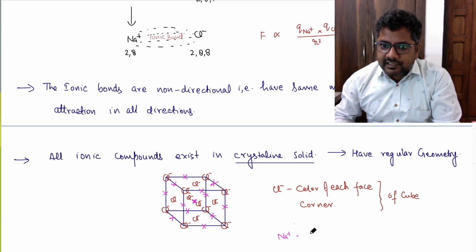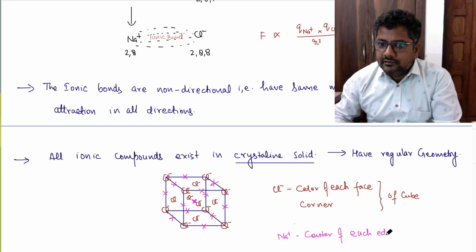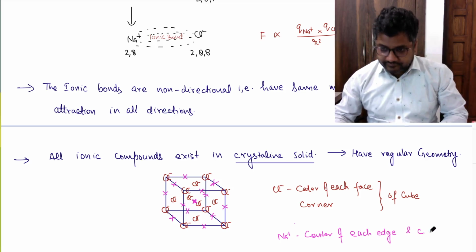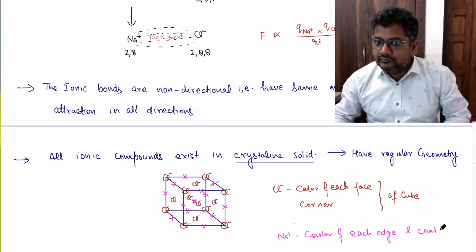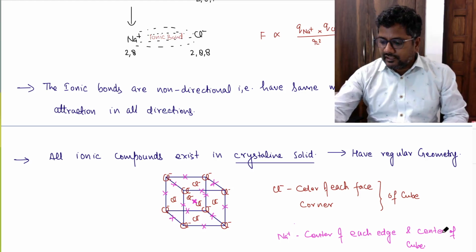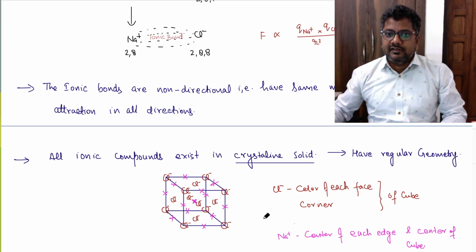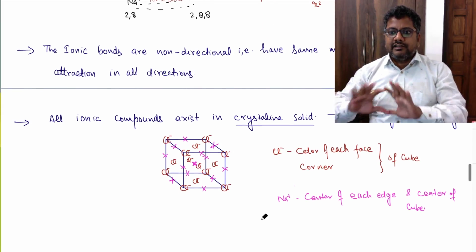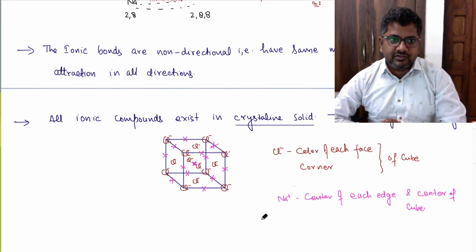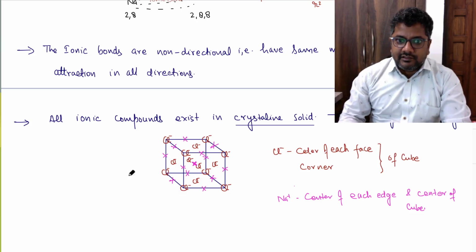Sodium at the center of each edge, and at the center of the cube, right? So this is the crystal lattice of sodium chloride,